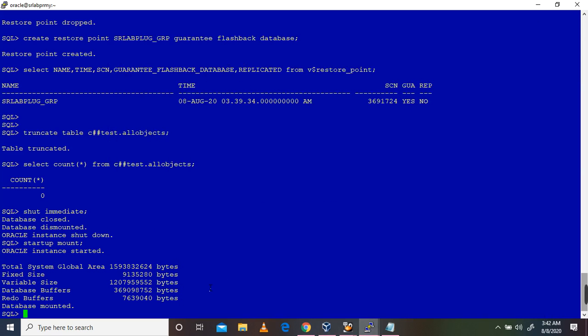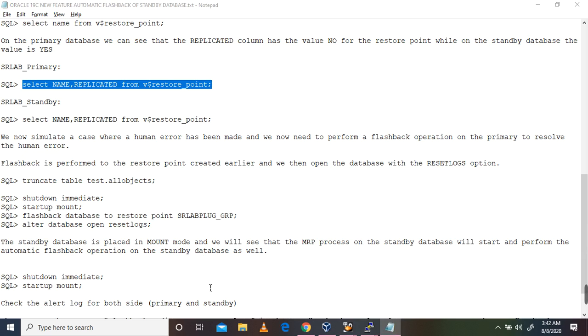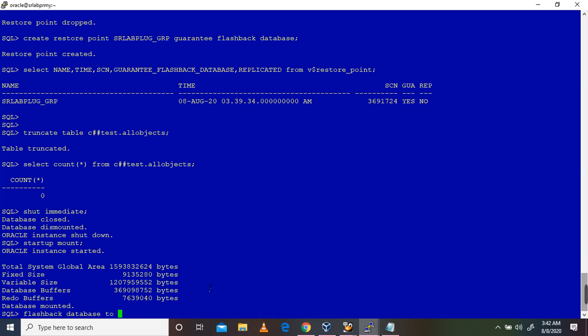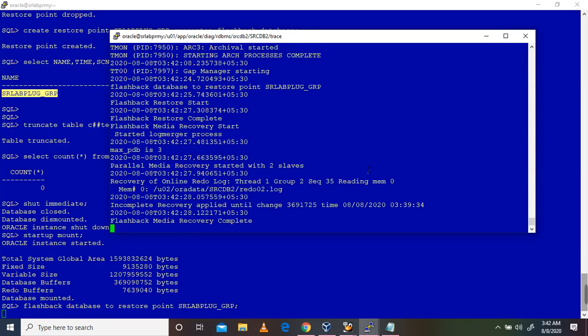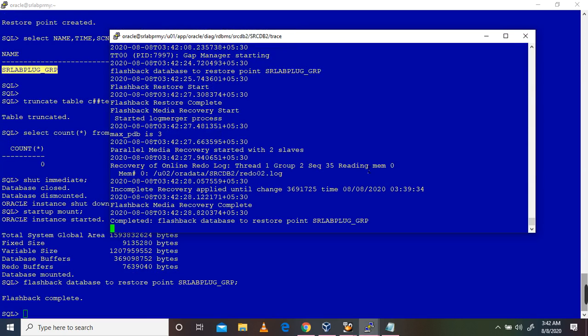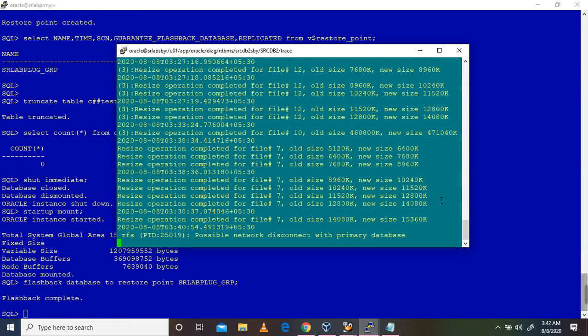Flashback database to restore point, which is created. You can see here flashback is happening, flashback is completed. In the meantime, you can see the standby side alert log.